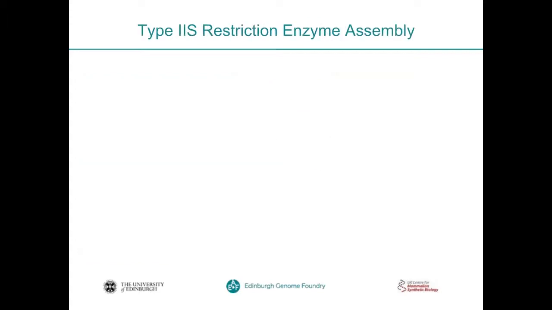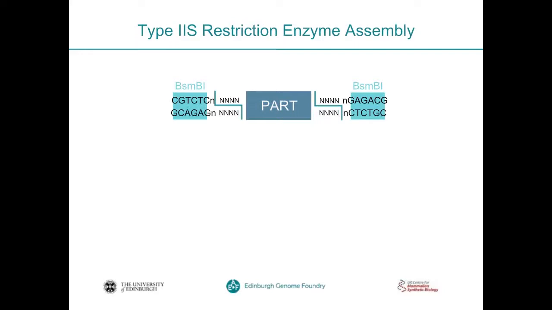So I'm going to tell you a little bit about the Golden Gate method, or the type 2S restriction enzyme assembly. I'm not going to go into graphic detail, but I think it does help. The difference between this type of assembly and traditional conventional restriction digest based assembly is that it enables you to assemble multiple DNA parts together in the one reaction, and at the same time it enforces the spatial order in which these parts are assembled, so that you get assembly in a particular order rather than a random assemblage